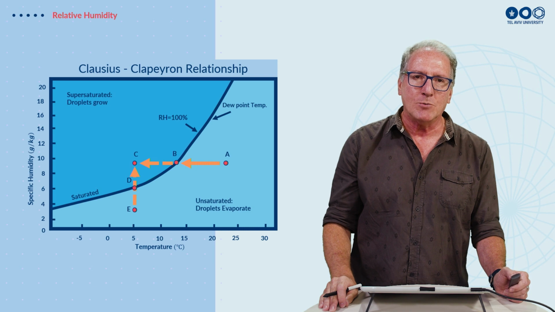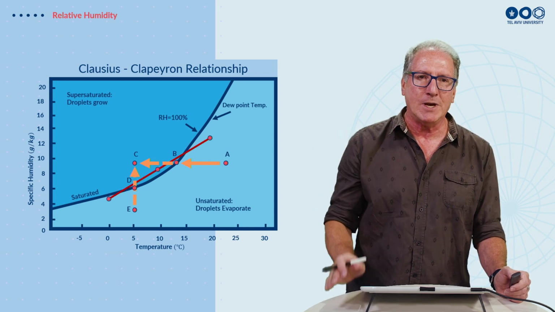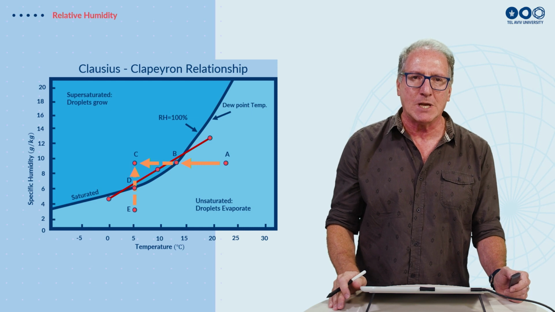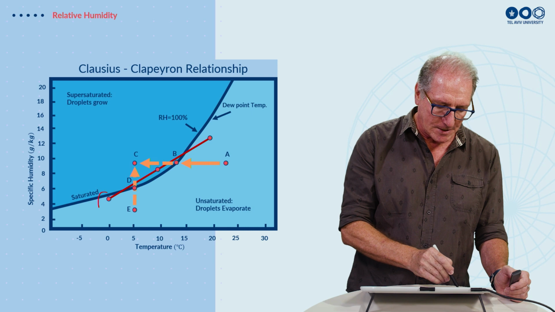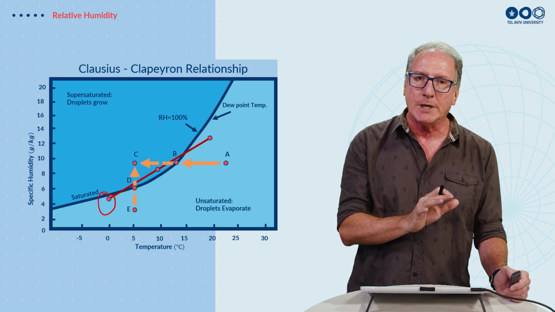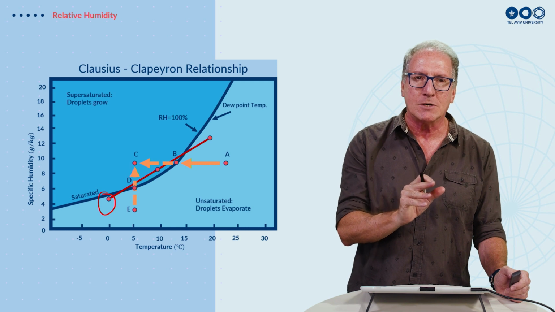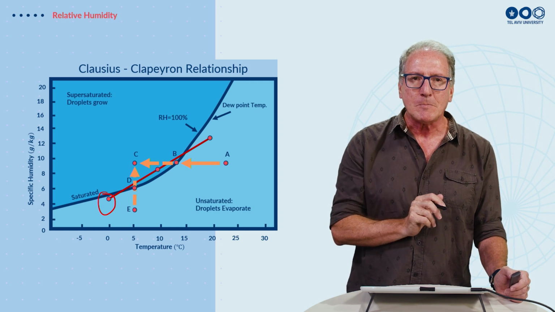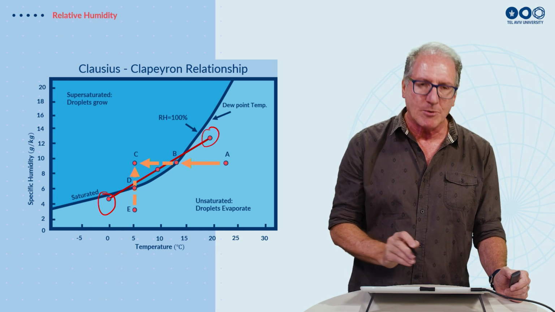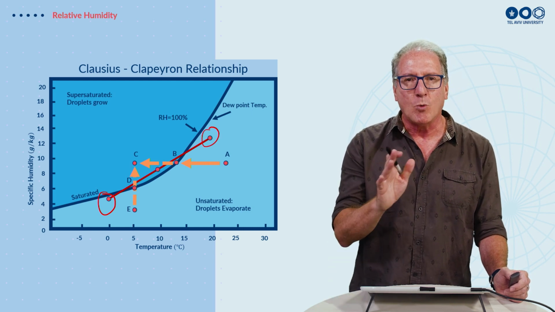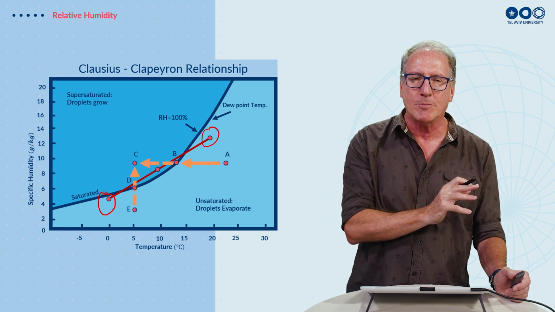And the third way, which is actually what happens in nature, is to take two masses of air from different regions and mix them together. So we can take one mass of air, this one down here, which is basically very cold air, so it's around 0 degrees, and very dry air, so it's only got maybe 4 or 3 grams per kilogram. And we can take very moist air, say from the tropics, which is warm air and it's got lots of moisture, and we take cold air from Europe or from the Arctic.